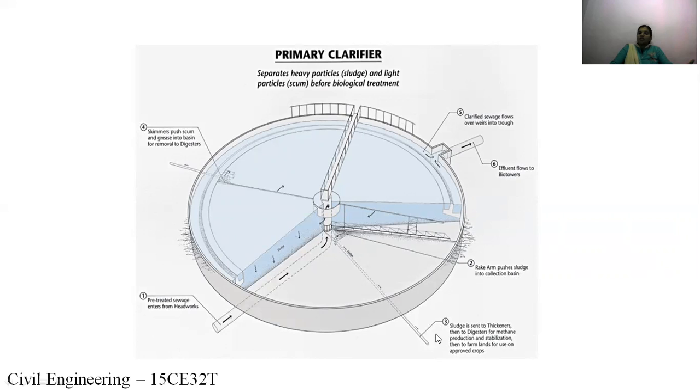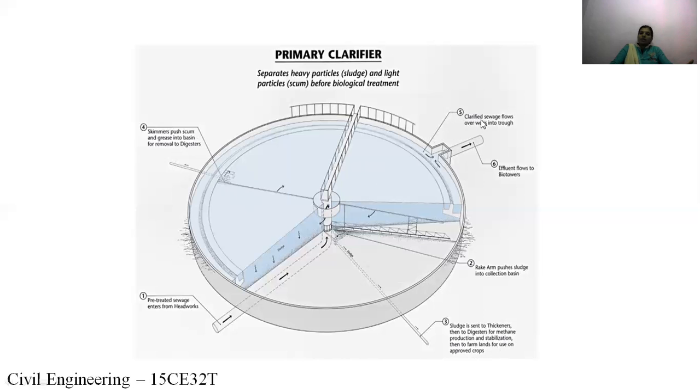From here, sludge is sent to thickeners, then to digester for methane production and stabilization, then to farmlands for use of approved crops. Here, skimmers push scum and grease into a basin for removal to digesters.